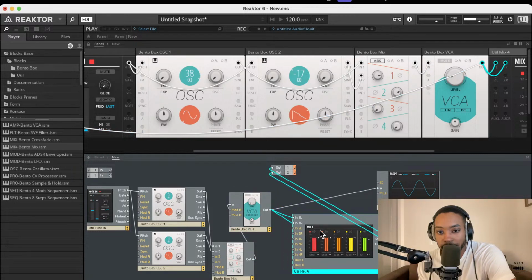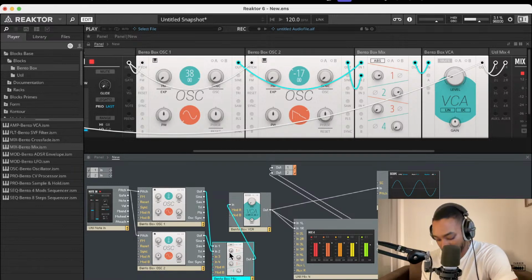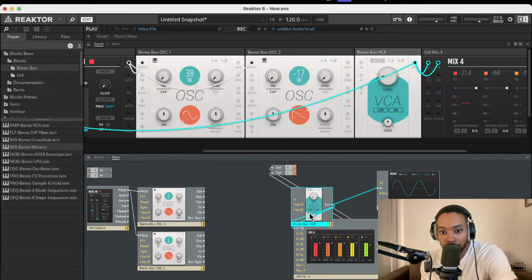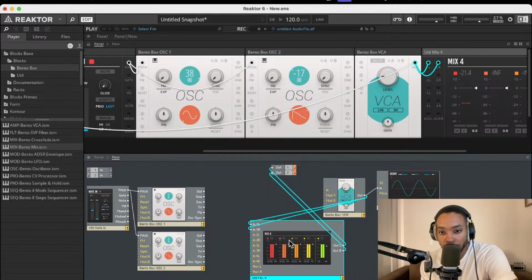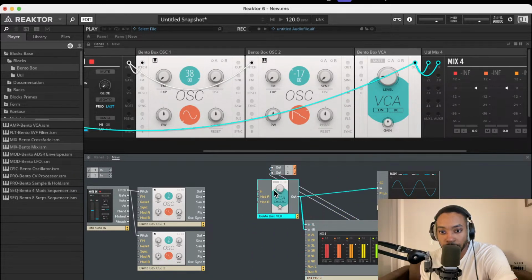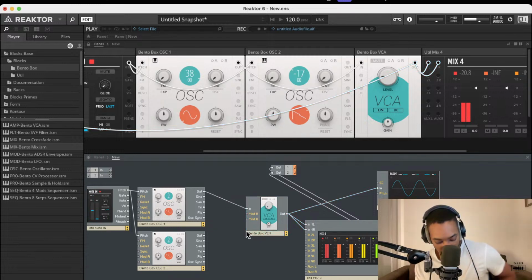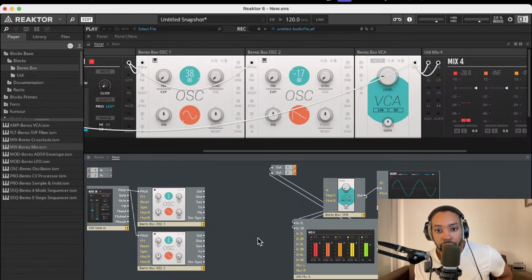So let's remove this mix 4 actually. I'm gonna connect it another way just cause, let's see. Yeah, actually that was okay. Gonna put it back